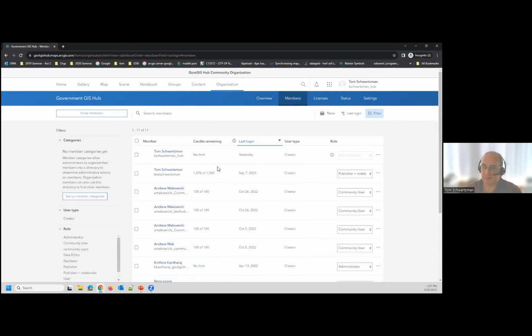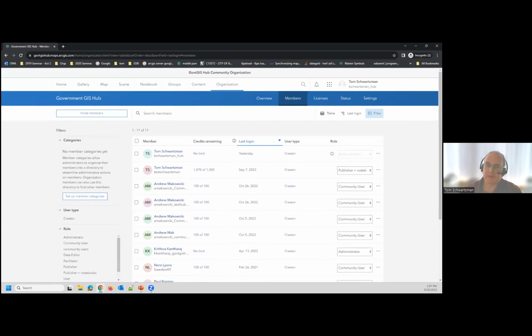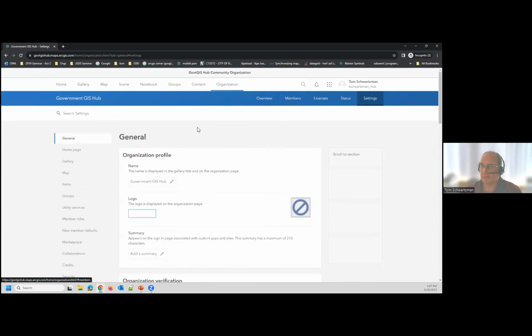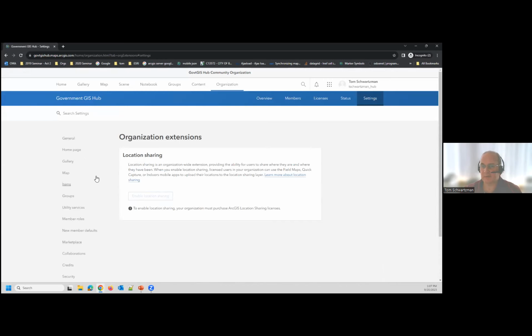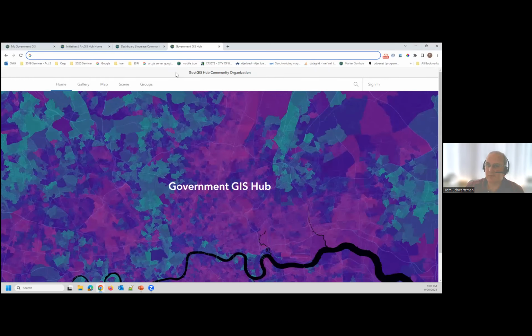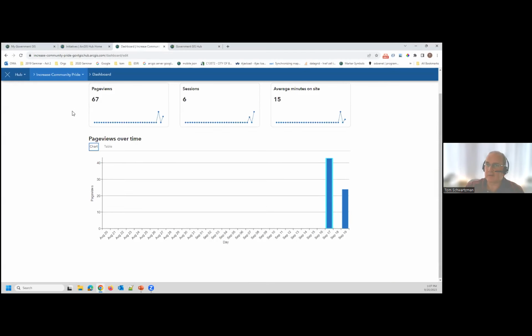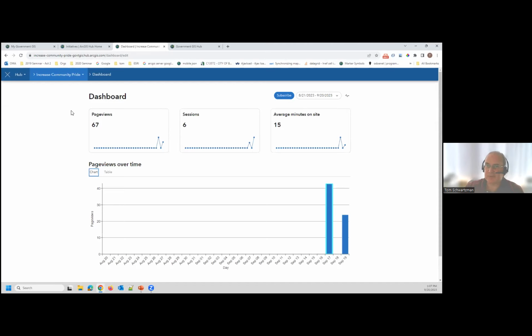And here are those members that we saw. There's 11 of them, right? We saw that list before when we were adding people to teams, but you can see it's a full org. You can set up home pages and you can see the credits and all kinds of other things like that. I don't think it gives you access to location sharing. That's one of the things that's not part of it, but you can own org. Typically we're not going to administer it here, but we'll use the tools that exist here to do that administration piece.